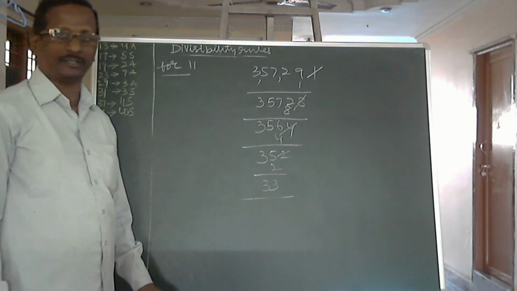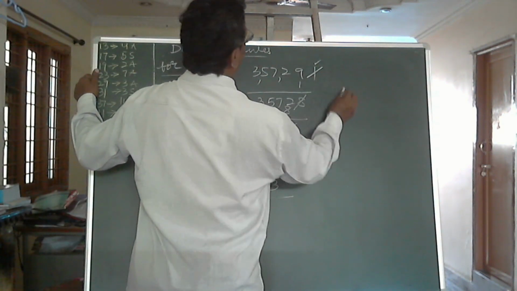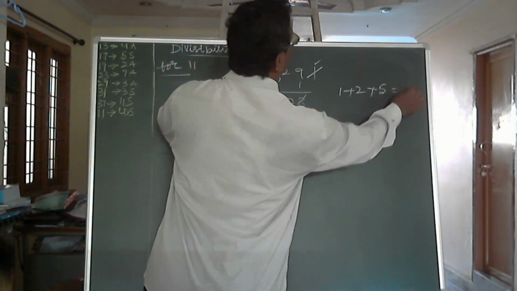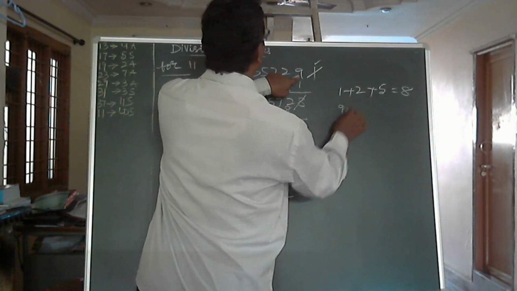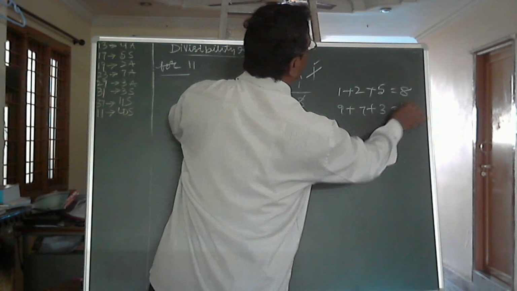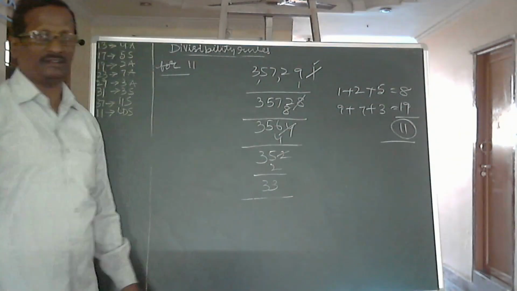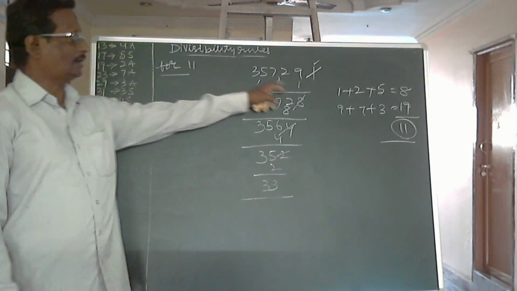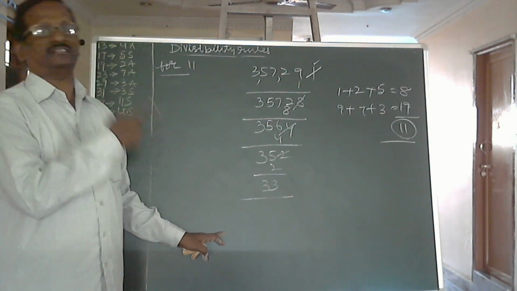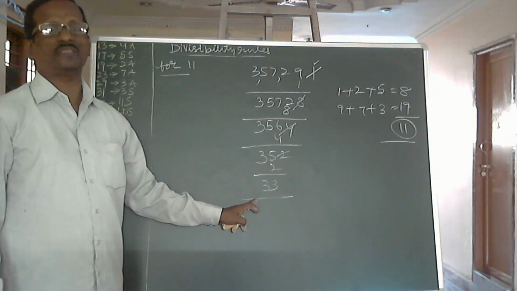Let us check by using the old principle which we know. Odd places 1 plus 2 plus 5. Sum of the digits is 8. Even places 9 plus 7 plus 3. 16 plus 3, 19. 19 and 8 difference is 11. Therefore, the number is divisible by 11. So, this is the old principle and this is simply subtracting. Remove the last digit, subtract from the remaining number. Repeat the same subtractions till we get a 2-digit number.